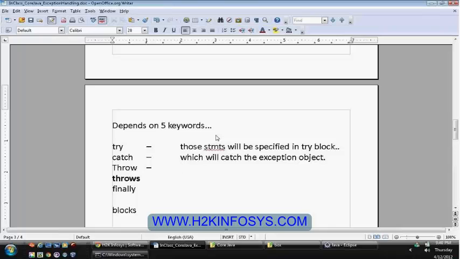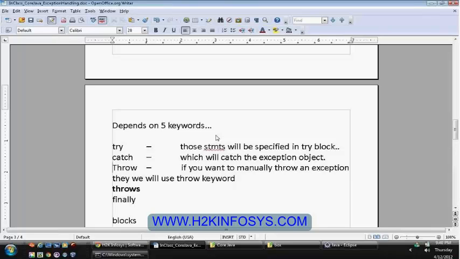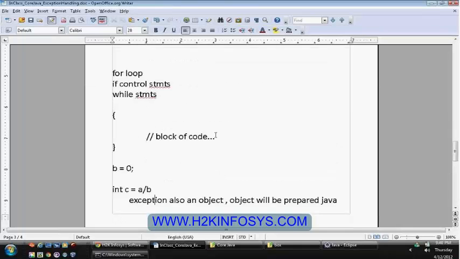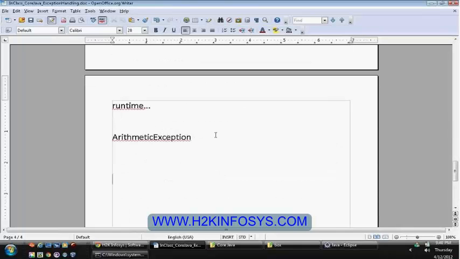Throw. If you want to manually throw an exception, then we'll use the throw keyword. Manually in the sense, let us say during the constructor initialization, we have asked the client to pass length and breadth values.